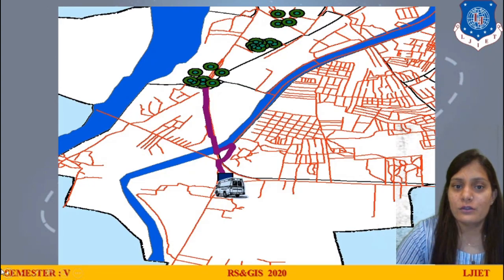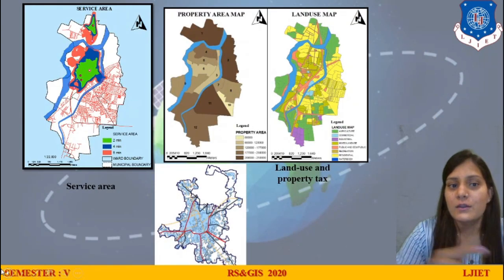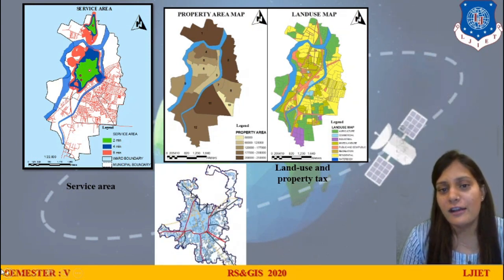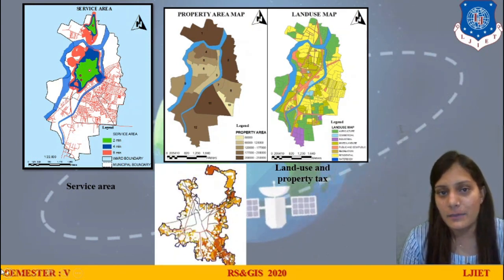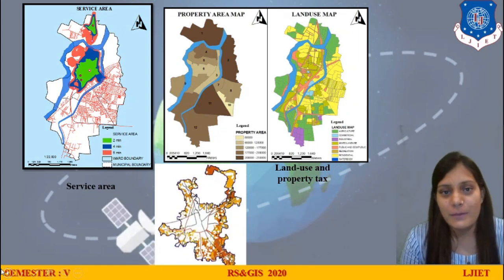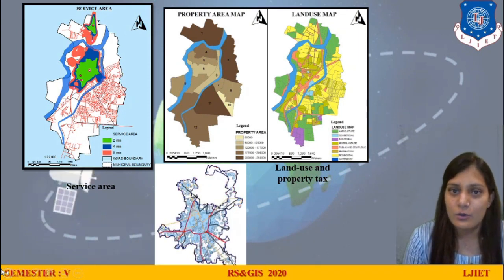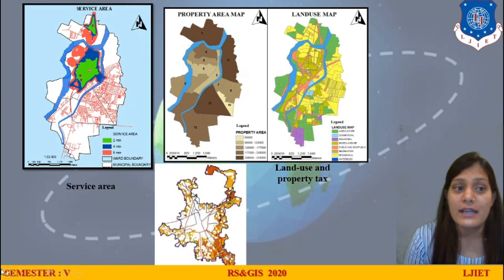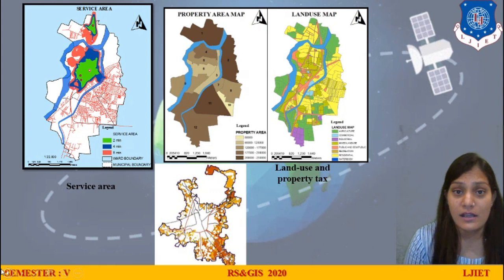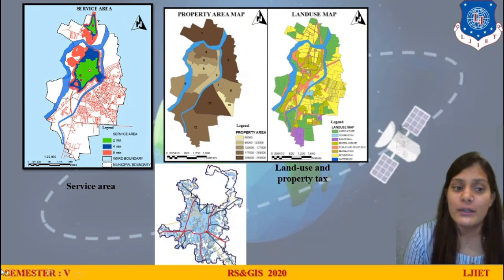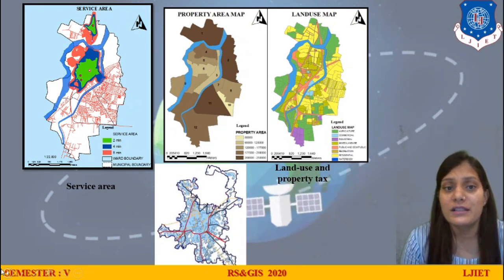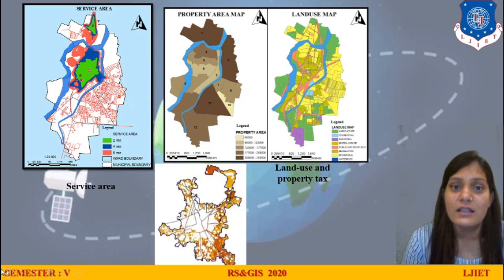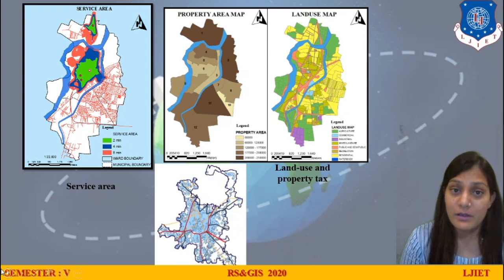Here I would also like to show you one example, that of service area, property area, land use map, and other maps. You can see here I have shown how the analysis takes place. Property tax comes under the municipality and urban areas, so I can do that. Land use map means how land is used by that city. Service areas mean which is the nearest service area. If I take a service area of a hospital, you can see here 2 minutes, 4 minutes, 6 minutes I have shown you the analysis. This is very easy to make. Yes, we will see in the practical session, if time permits, how it should be done.